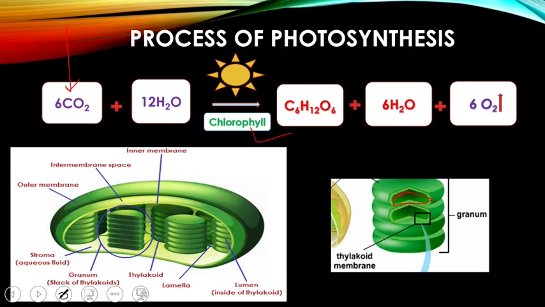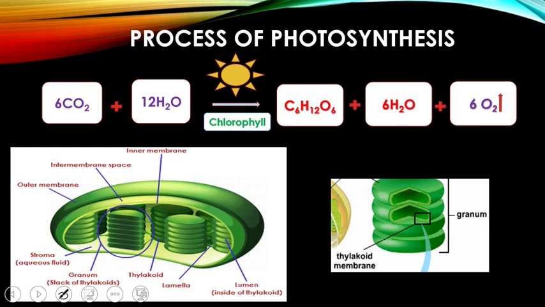Where is the chlorophyll pigment present? They are present on this wall of the thylakoid. This is a thylakoid. On the wall of the thylakoid, photosystems, or collections or groups of pigments, chlorophyll, xanthophyll, carotenoid, chlorophyll A, chlorophyll B, different pigments, form groups which are called photosystems. These photosystems are present on the wall of the thylakoid and sugars are formed.